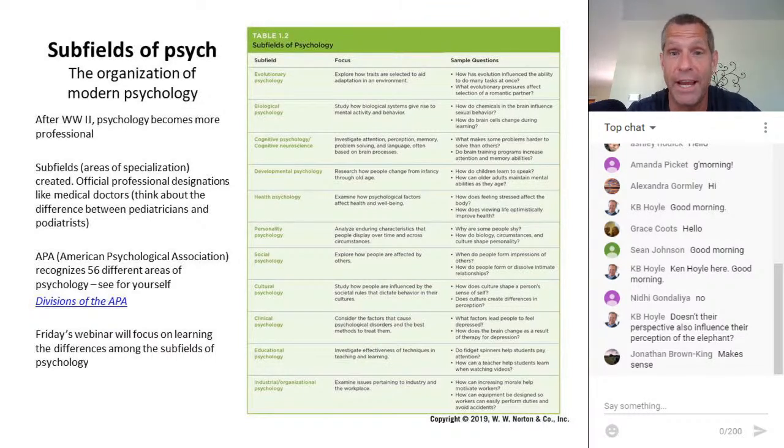There were no standards. Now, with World War II and all of the soldiers coming home with brain damage and psychological trauma from the war, and all of the stresses created by the rise of Nazism in World War II, it really created pressure on America's psychologists. So in the mid to late 40s, psychology began to reorganize itself using what they would call the medical model and sort of modeled itself on the medical profession.